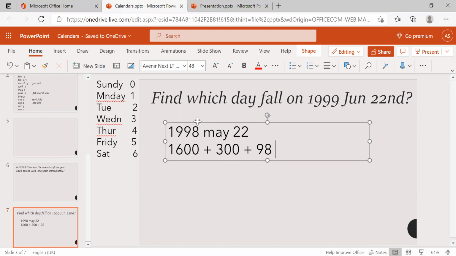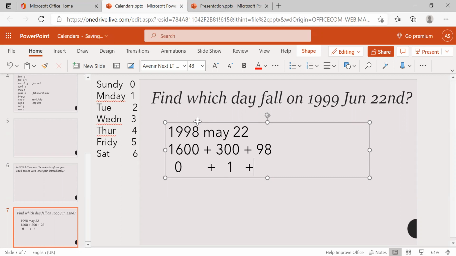We know up to any century leap year, the odd days will become 0. So up to 1600 years, odd days will become 0. And for 300 years, which we discussed in the first class, we have one odd day. Up to 300 years, we have only one odd day.